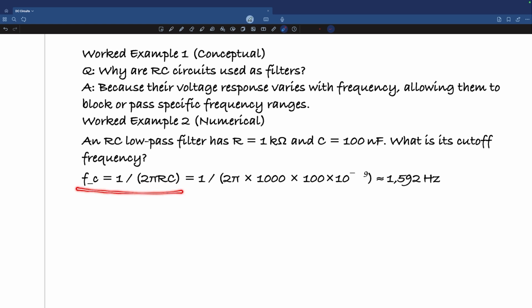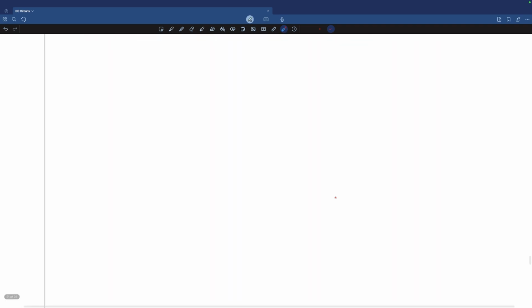This formula is something we're going to derive when we do alternating currents, but I'm just introducing it here. An RC low-pass filter has these values. What's the cutoff frequency? Just remember, it's not going to be on this exam, but we're going to see how we get this formula and we're going to use it. The cutoff frequency is 1 over 2 pi RC. So plug it into that, and that's the cutoff frequency, okay? All right, so